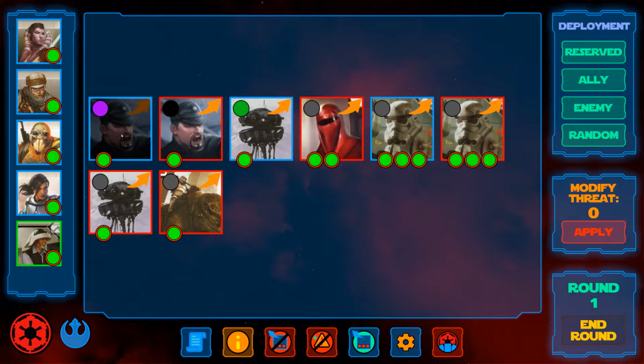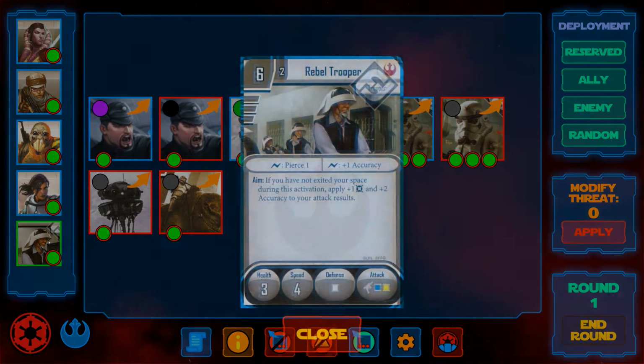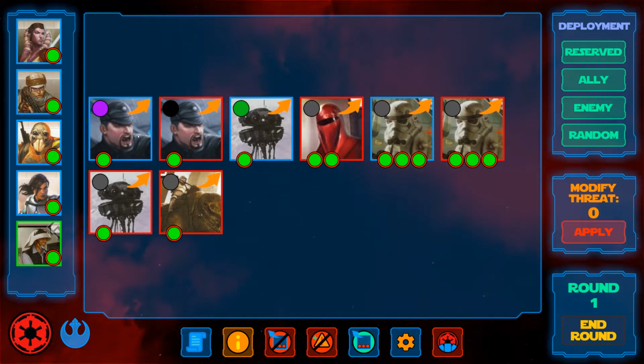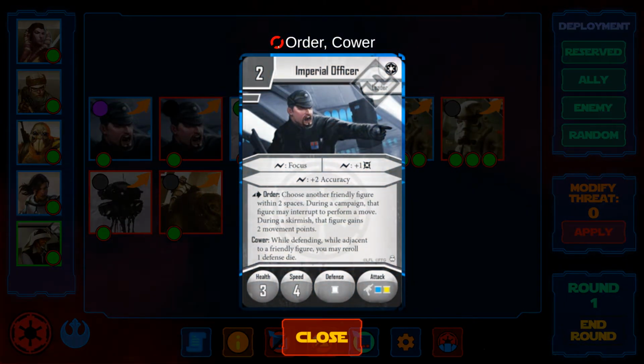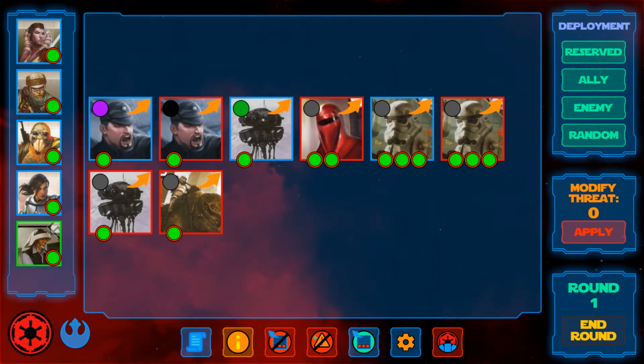You can also right-click a group to display its deployment card. That's a trick that works on allies too. If you're on a touchscreen, swipe over the thumbnail to display the card. When you right-click a thumbnail, the app also displays the ignored abilities. These are the abilities on the deployment cards of the group that you have to ignore. All other abilities work as usual.